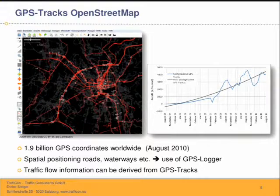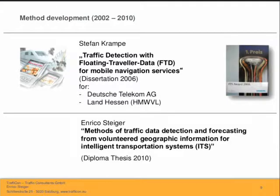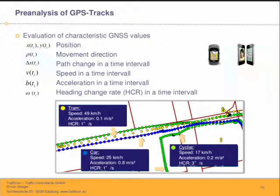And on the left side you can see the JOSM editor with all the GPS data we extracted from the OSM GPS data inside Salzburg. This is just the background of the research we were doing. It's already starting in 2002, and